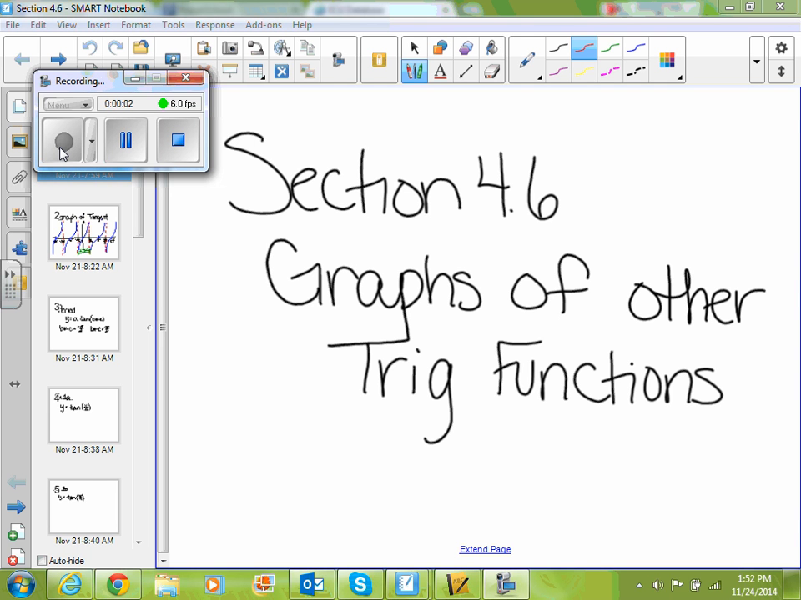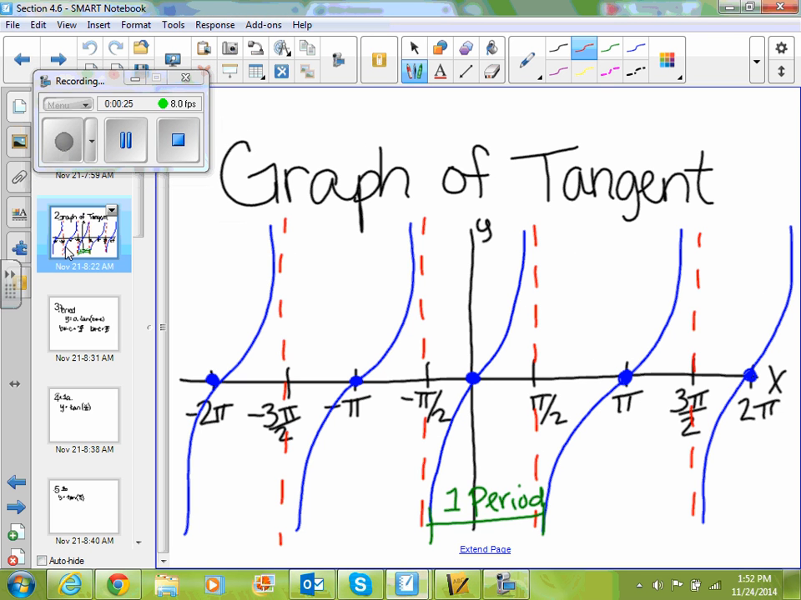Alright, so if we go over section 3.6, we're going to look at the graphs of some other trig functions. Section 4.5, which we went over last Thursday and Friday, was on the graphs of sine and cosine. Today we're going to look at our graph of tangent and our graph of our inverse functions, cosecant, secant, and cotangent. So if I start with our graph of tangent,